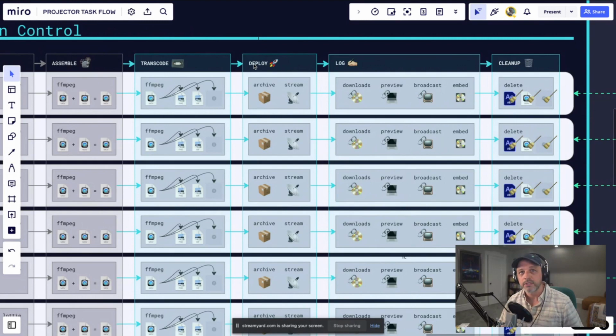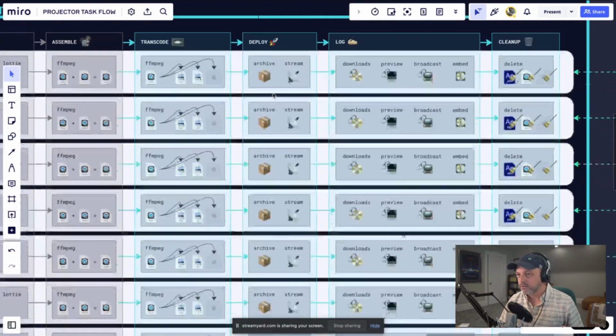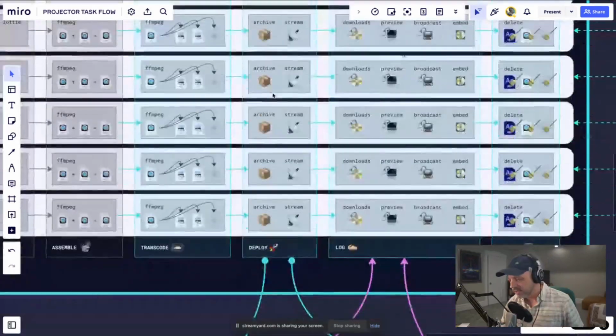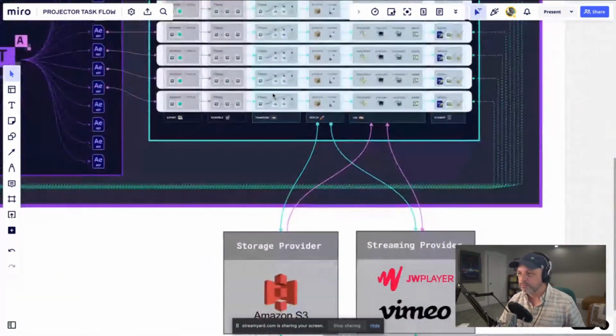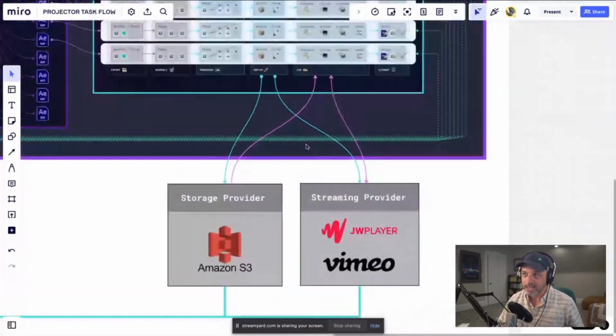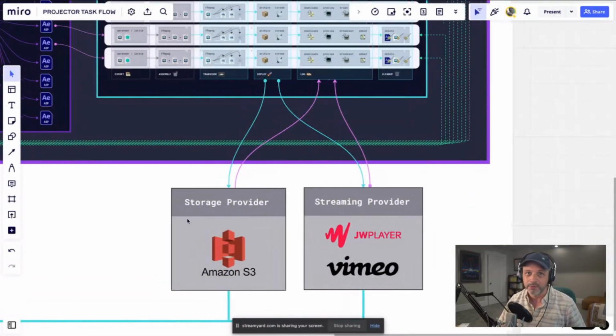And the deployment is where it actually takes the asset away from your file system on the machine that is running Projector and Templator, and it puts it somewhere else. And if I scroll down here, we can see that we have support in the beta app for Amazon S3 buckets.